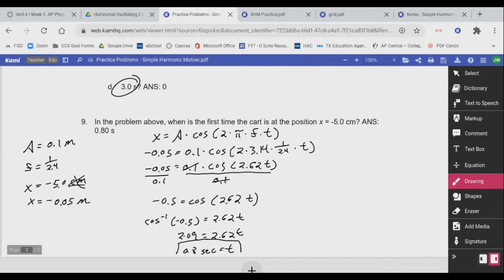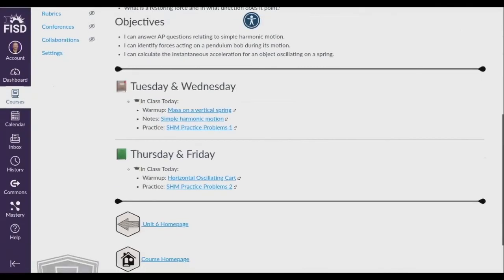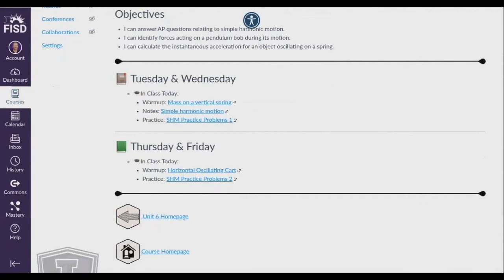I don't see anything popping up. Let's take a look at where we are in Canvas. What we did is we reviewed the practice from last class. We started with the warm up. What I want you guys to do